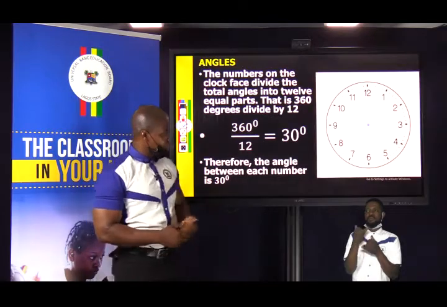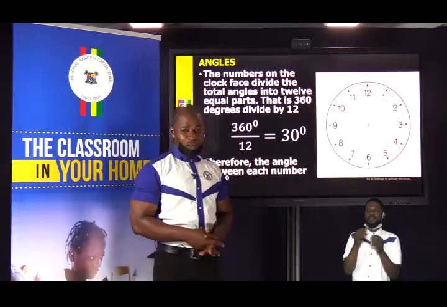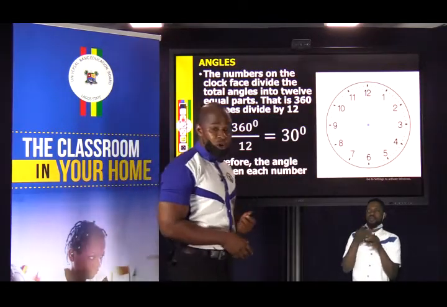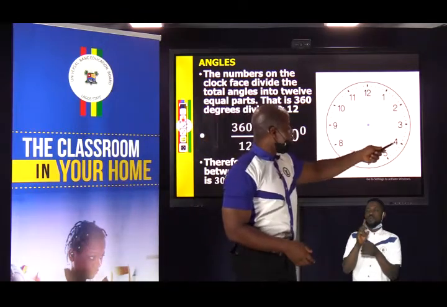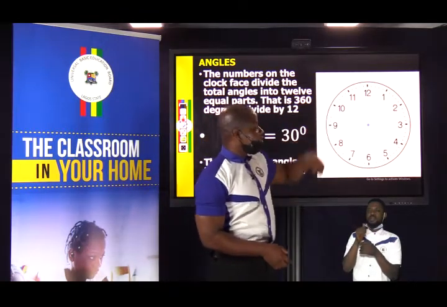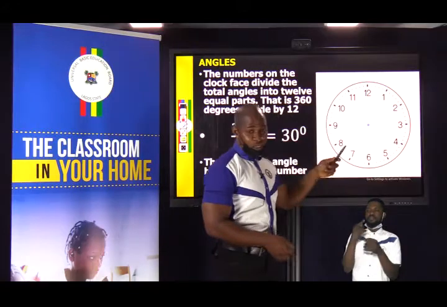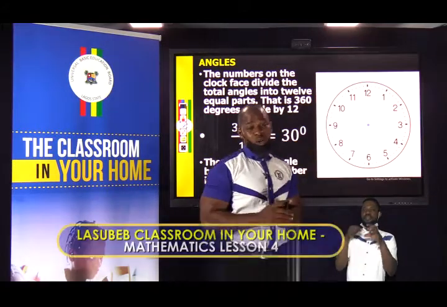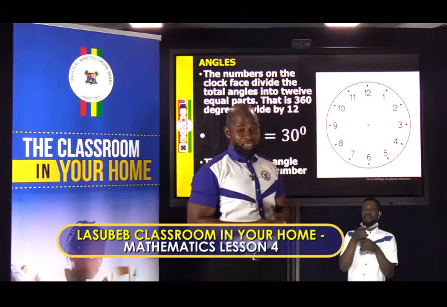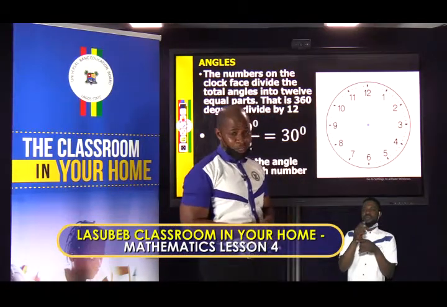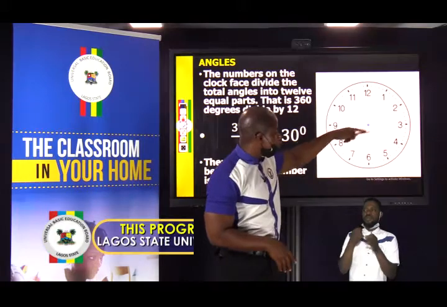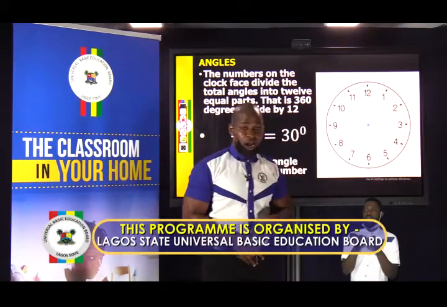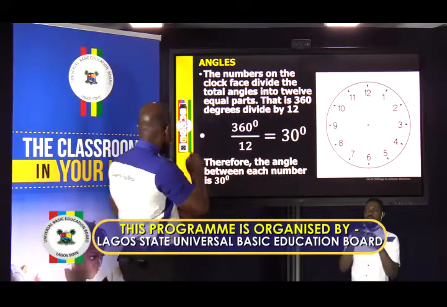Now, let's look at the numbers on the clock face. Remember that there are 12 numbers on the clock face. 1, 2, 3, 4, 5, 6, 7, 8, 9, 10, 11, 12. And now the clock face is a circle, and the total degrees in a circle is 360 degrees. Now, if we divide that into the 12 numbers on the clock face like this,